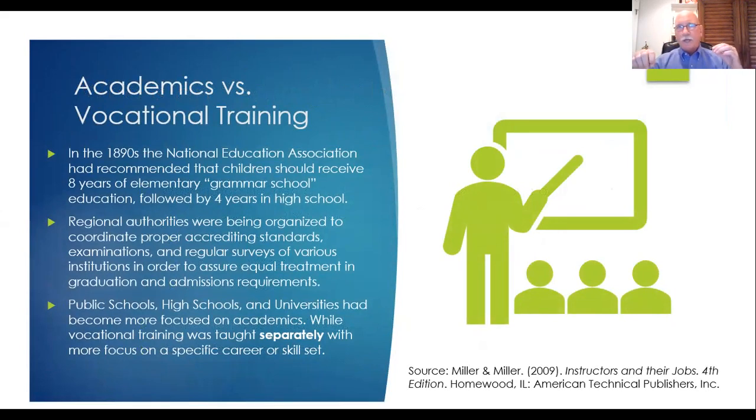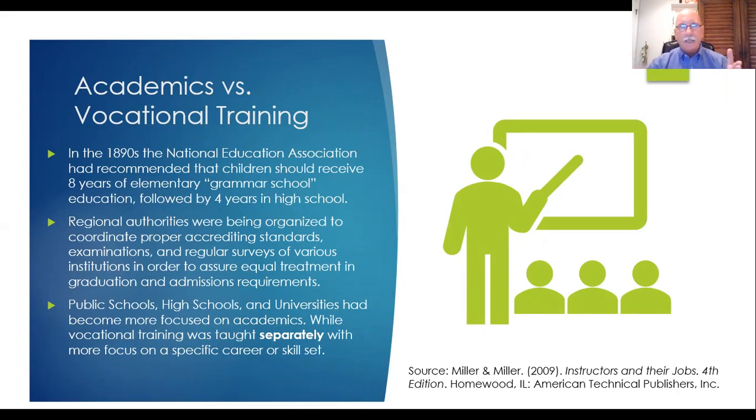Academics versus vocational training. Now, academics is what we traditionally think of as what we learn in school. Vocational training is more career and technical education. Vocational training is career focused. So for example, if you wanted to be a car mechanic, you would go to a vocational school where they teach you how to work on a car engine. If you wanted to be a doctor, you go to a medical school that's specifically about medicine. The education that most people get in public schools is a more general reading, writing, arithmetic, literature, history, things like that. So I'm proposing that the best way to learn is to combine those two sorts of things, academics and vocation, or academics and CTE.